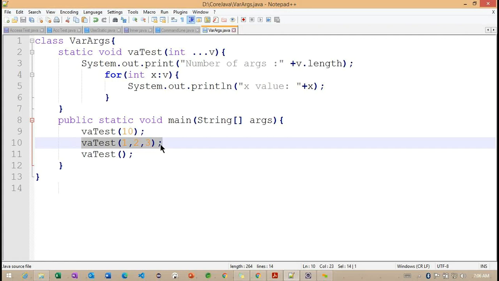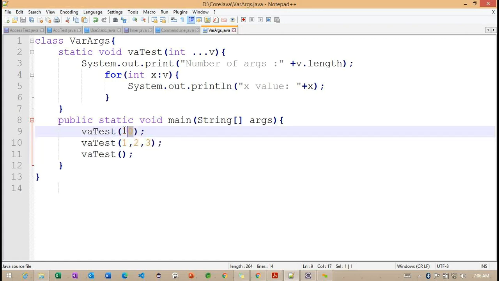We're passing 3 parameters, but the same method is expecting 1 parameter. So the same method is not like this particular method, which does not take any parameters. Getting the point? So these are the 3 methods.